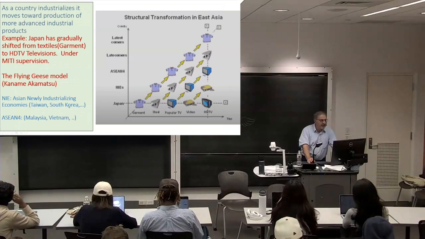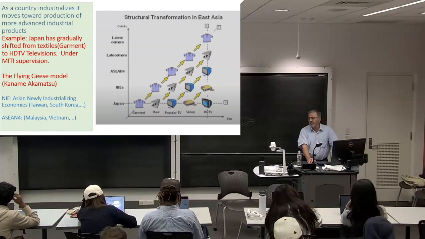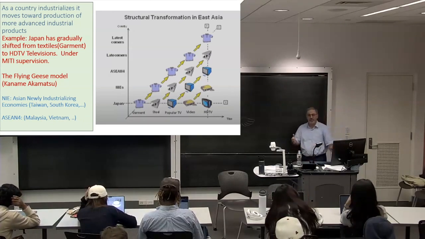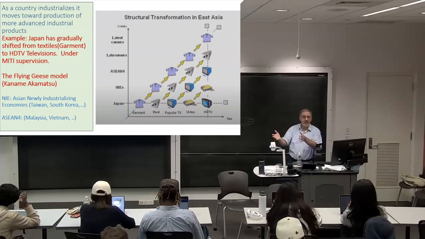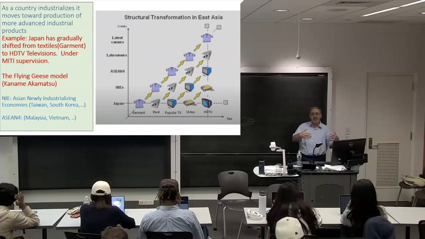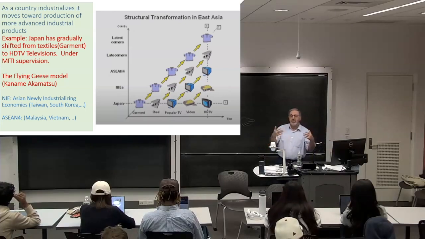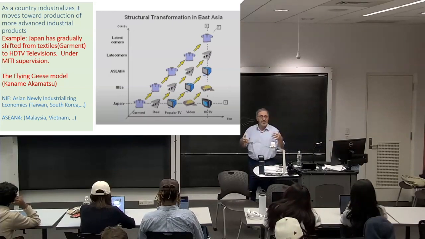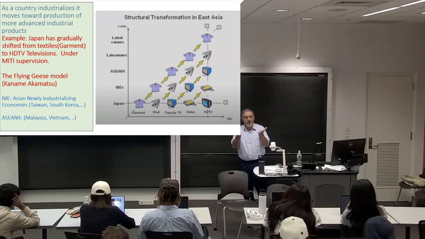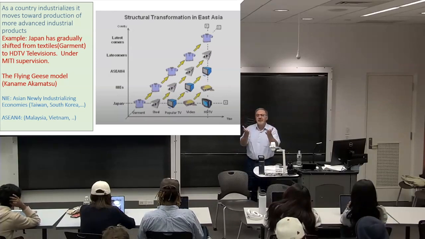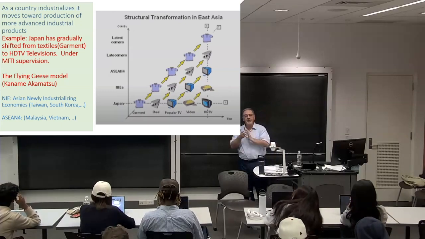Okay, so one of the activities that are very important for industrial development is the transition from one type of product to a more advanced product. And we see this happening in any country as the country goes through industrialization. Because initially your labor is unskilled, it is cheap labor, but as the economy grows and wages rise, some industries that are labor intensive, such as textiles, will no longer be competitive.